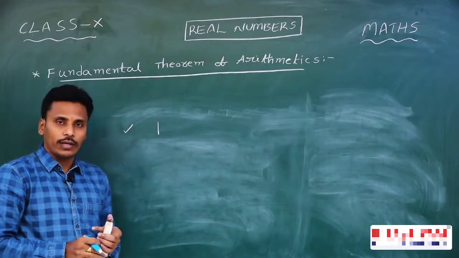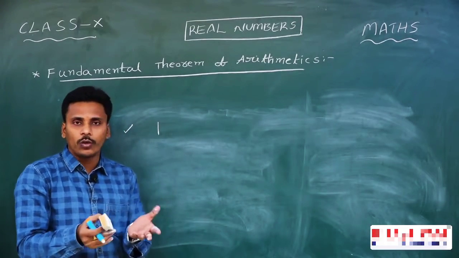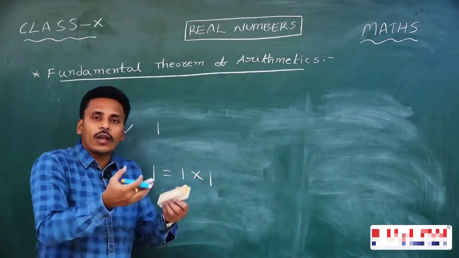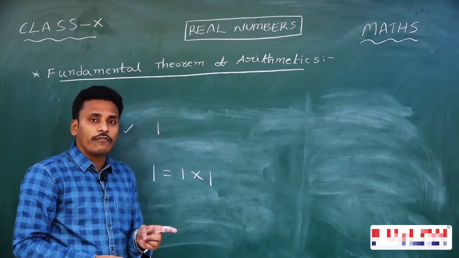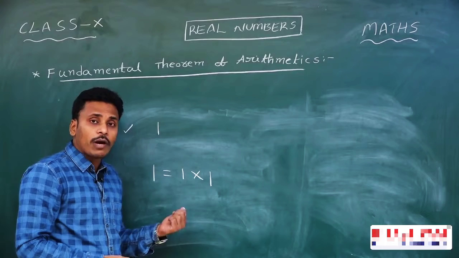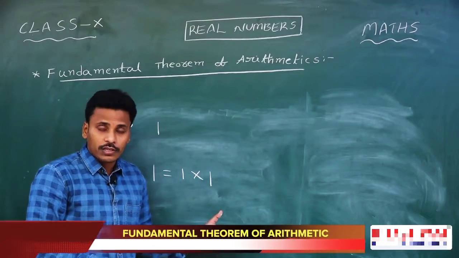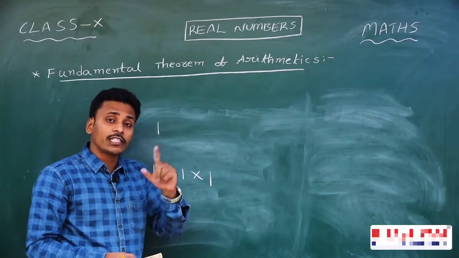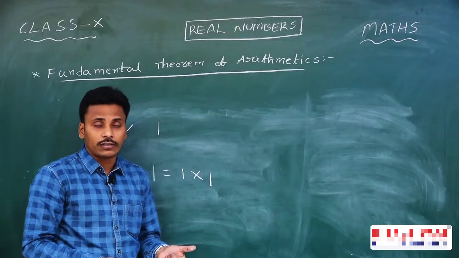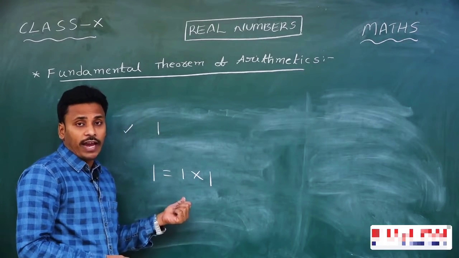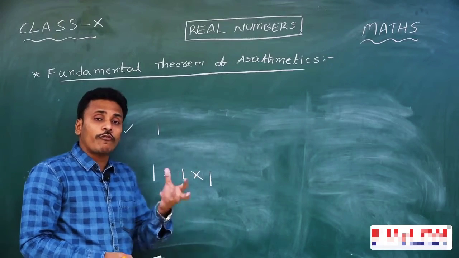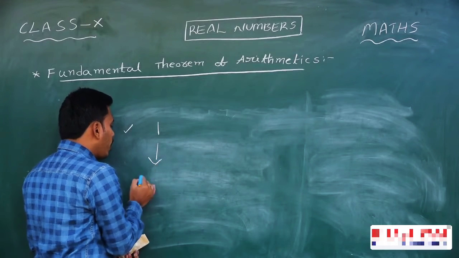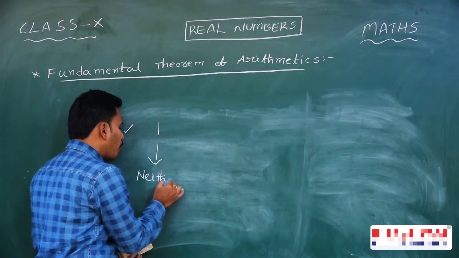What are the factors of 1? We will write 1 as just 1 into 1 only. In the sense, 1 has only one factor, which is again 1. Since 1 has only one factor, what do we say? Whether it is prime or composite. As per our definition, we call a number prime if it has two factors, and we call a number composite if it has more than two factors. But 1 has only one factor, so it fails the definitions of prime as well as composite. That's why 1 is a special number and we call it neither prime nor composite.